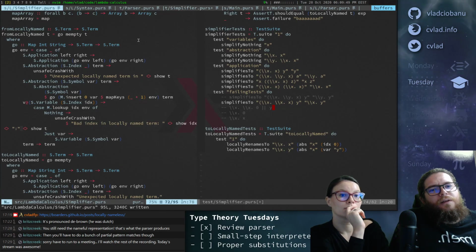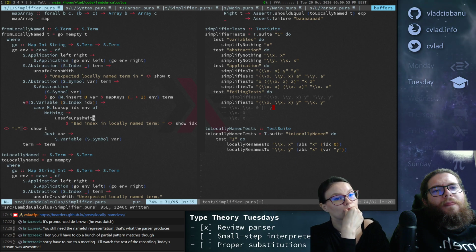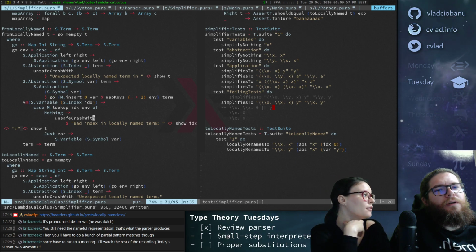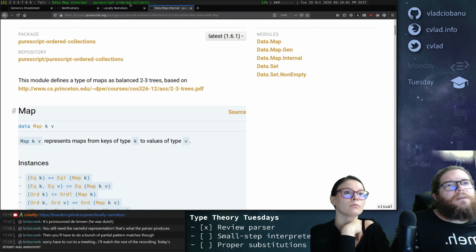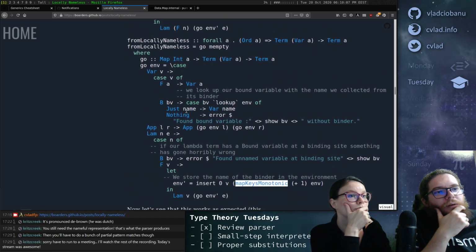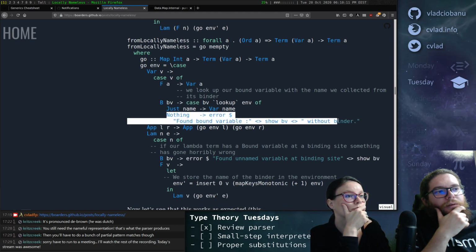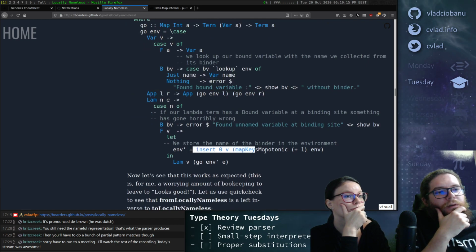Okay, so what do we have in our environment then? What's the result? Result is an abstract. Can we have a look at his algorithm? The from locally named? Yeah. So if we find the name, we do that. If we don't find it, then okay. So then here is the thing, right?